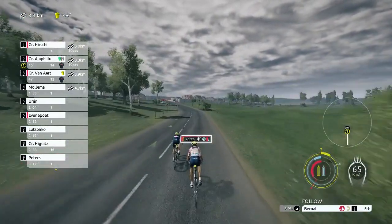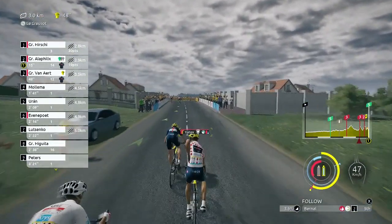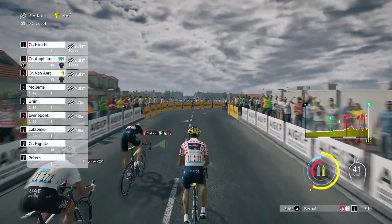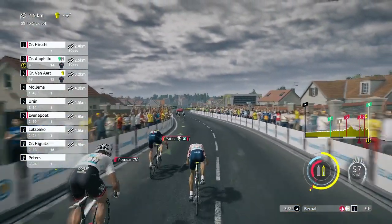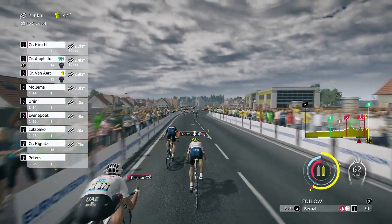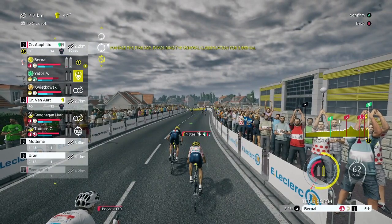And there is going to be somewhat of a change today. Only 17 guys in this main group. And I think it might be time to take that feed with Bernal. Obviously, we could go for this with Yates. But, you know what, we'll see whether Bernal can do it today. Bernal is our best placed man, really. But, all that being said,